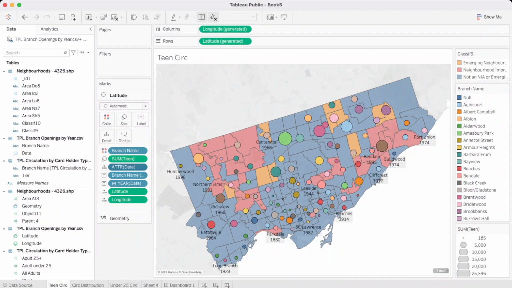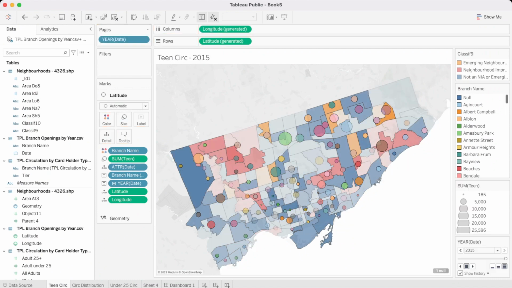Next, I'm going to leverage the date field that represents the opening dates of each of the Toronto Public Libraries, and I'm going to create an animation that displays the evolution of the Toronto Public Library system across time. So I'm going to take the date field and drag and drop it into the Pages pane, and at the